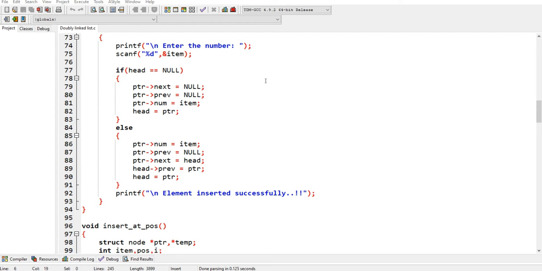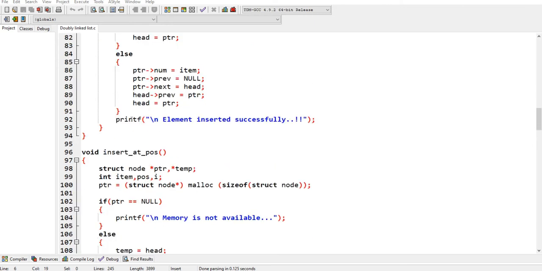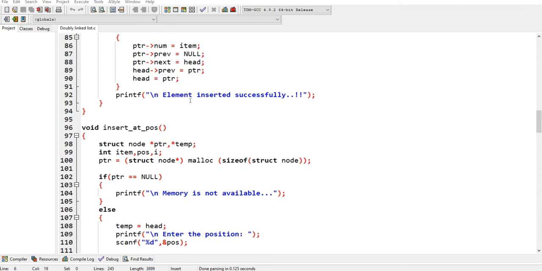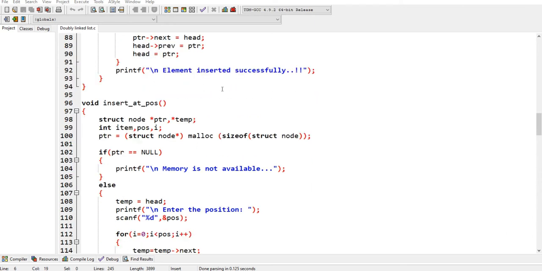This means the first node's previous, which was null, will point to the new element being inserted before it, and the new node's next will point to the old node's address. So the first element is inserted in the doubly linked list.